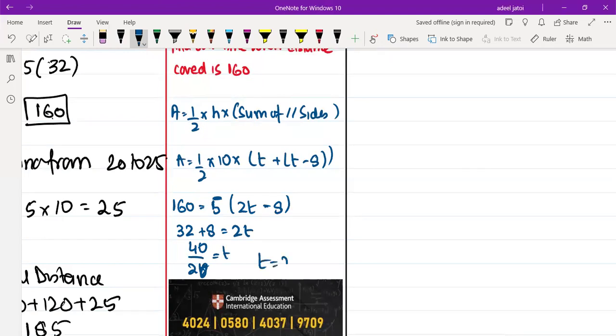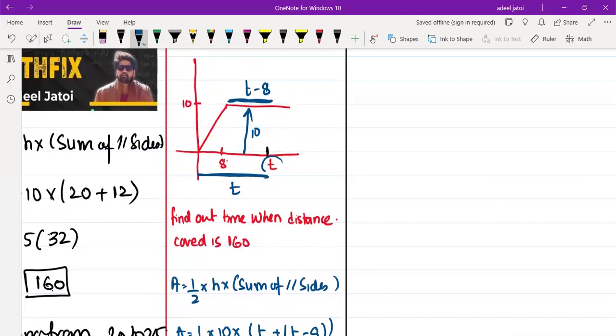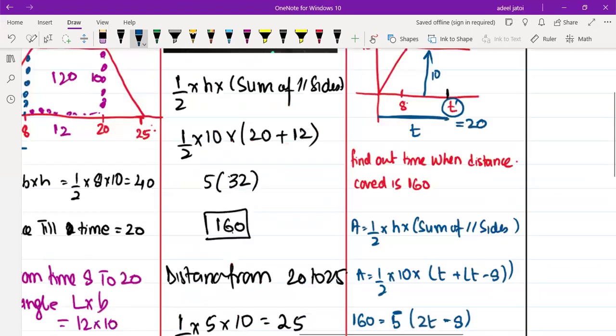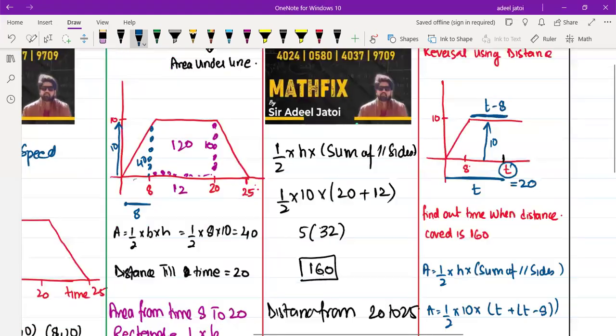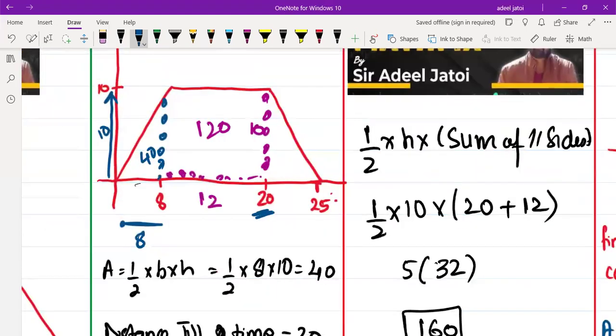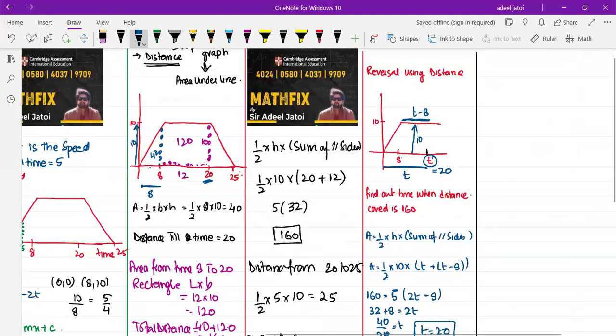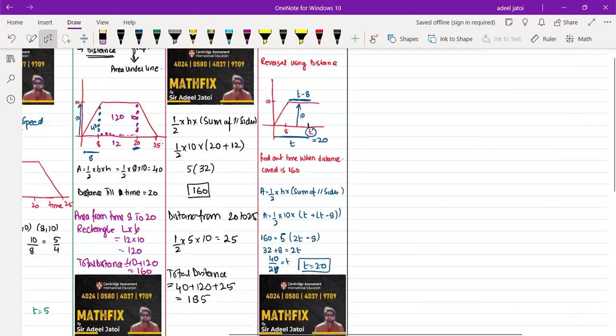So t becomes 20. So what we know is that at this point t is 20, where the distance will be 160. So if you look at this, the time was 20 when the distance was 160. So there is a possibility every time that the examiner will test you through